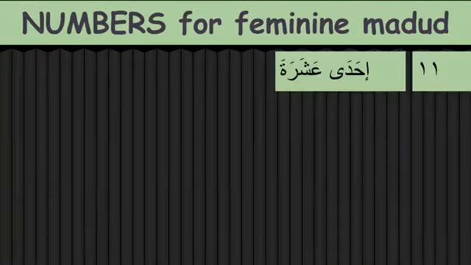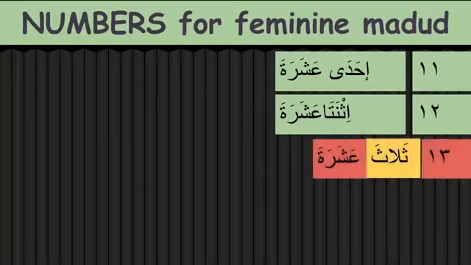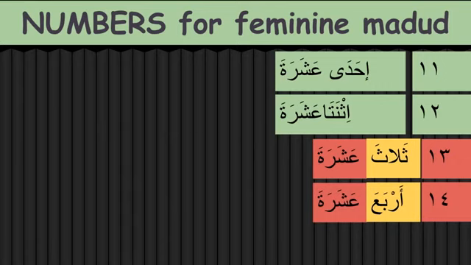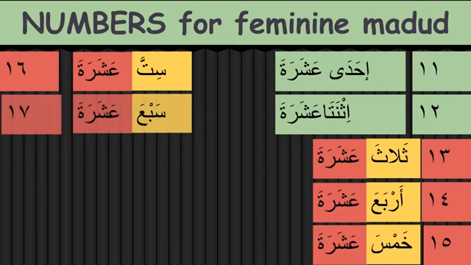So for the feminine, if you see, we got the feminine form of 1, which is ihda. So the masculine form is ahada and the feminine form is ihda. Ashara will have a ta marbuta to show it is feminine. So ihda ashara, ithnata ashara. So again, when the teens come and the genders change, the first number will be masculine. Thalatha ashara, arba'a ashara, khamsa ashara, sitta ashara, sab'a ashara,